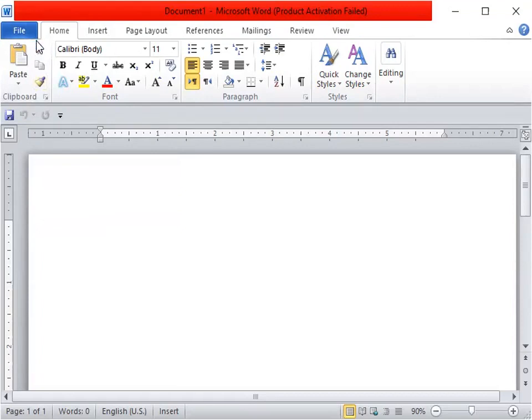Now we have here the Quick Access Toolbar. This portion is the Quick Access Toolbar, and we have the Undo and Redo options. If I bring my cursor over here, you can see the Undo and Redo options.